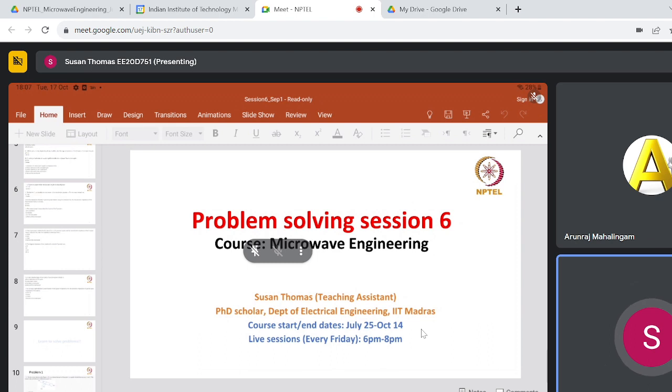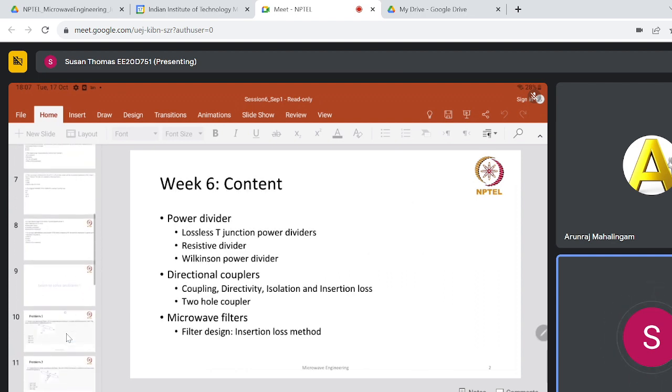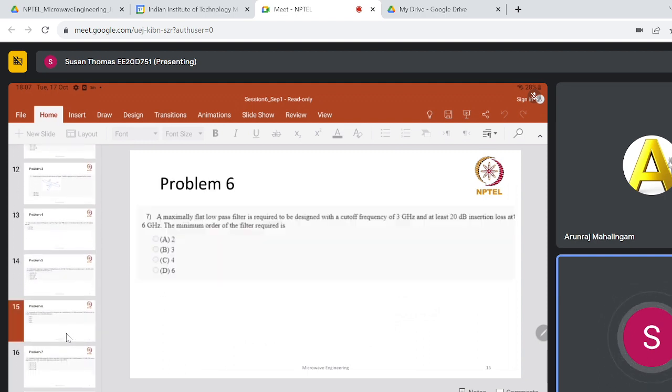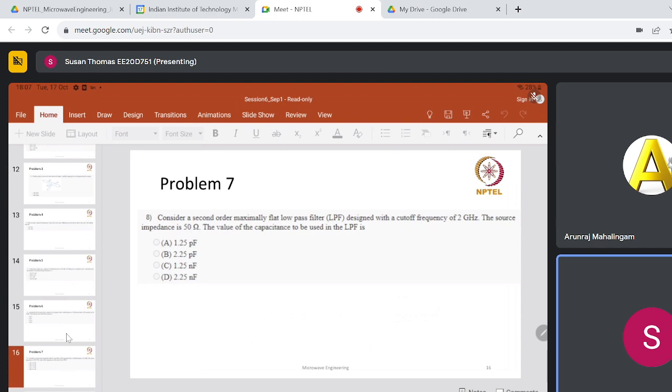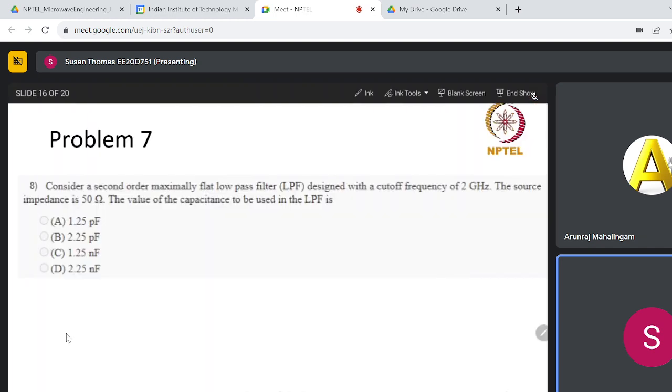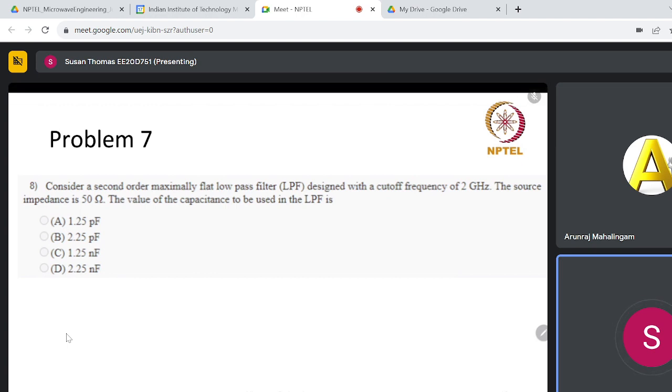So today's session will be a revision session. So we will start discussing a few questions which were told as some of the doubts. So to start with, one of the doubts was about